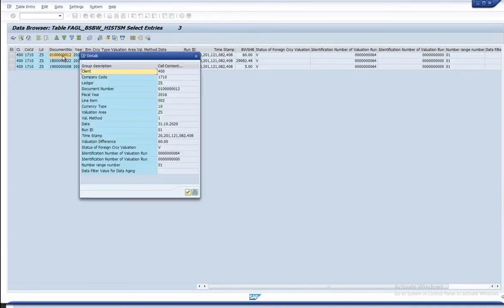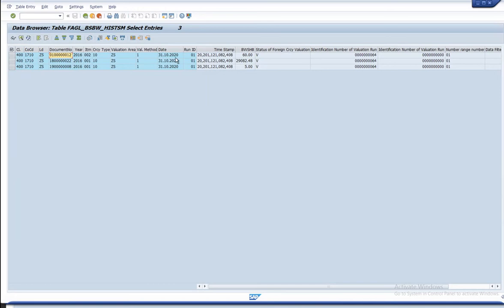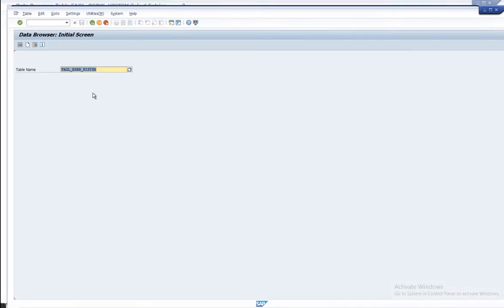These are the original documents. There could be somewhere it will be updated with the document numbers. Oh no, it didn't update. I'll keep this table and other tables open so that we can see what will happen once we complete the update run.